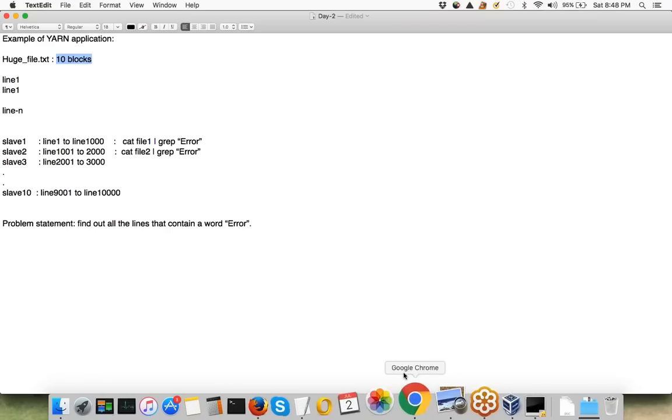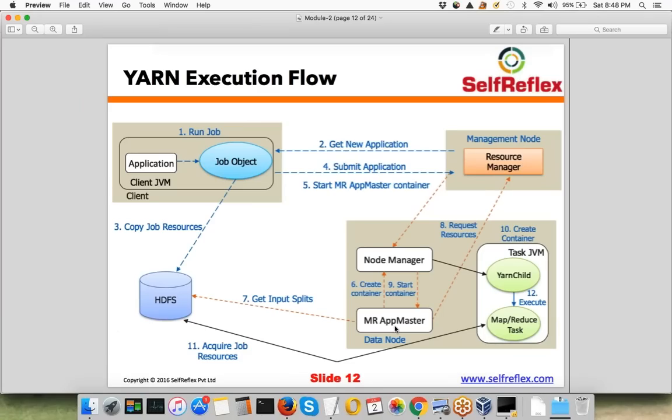So this applications master will tell the resource manager that I want to process data which is present in 10 different blocks. That means I need 10 containers to process that data. Also, I know the location of those blocks. I know on which data nodes or on which slave nodes those blocks are present. Can you please give me containers that are present on these nodes?